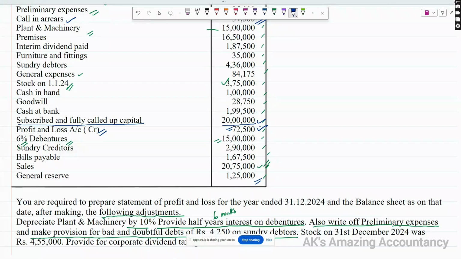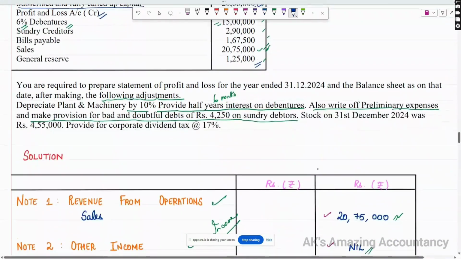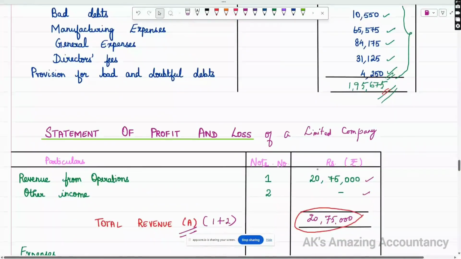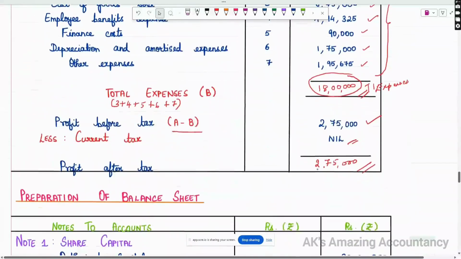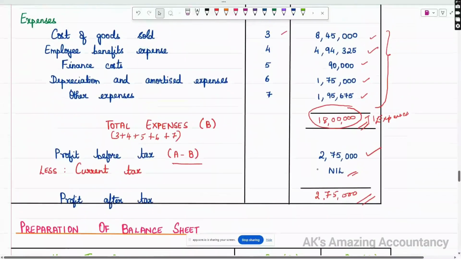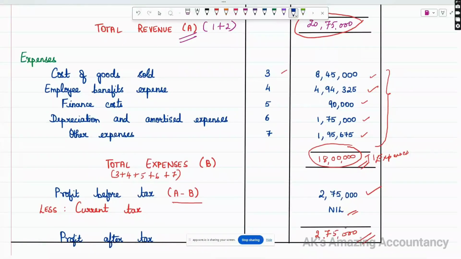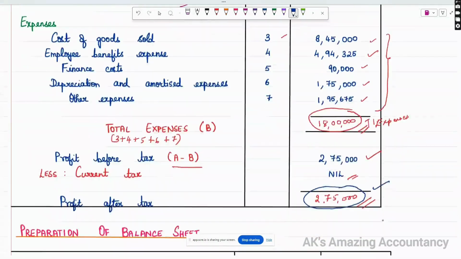What do you mean by current year profit? Current year profit is a profit which we arrived at from the statement of profit and loss. So statement of profit and loss is already prepared, isn't it? I told you only this is available in the previous video. So as per the statement of profit and loss, we got the current year profit as 2 lakh 75,000. This 2,75,000 will also be shown under note 2.